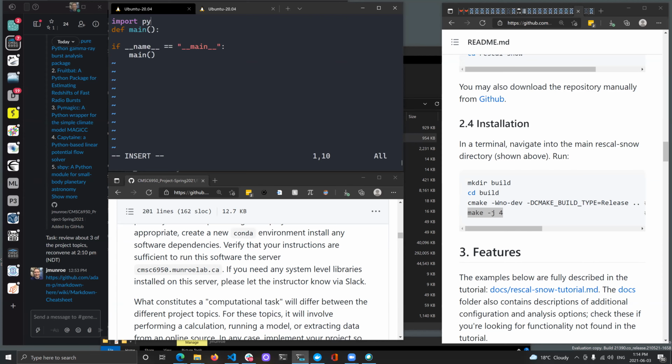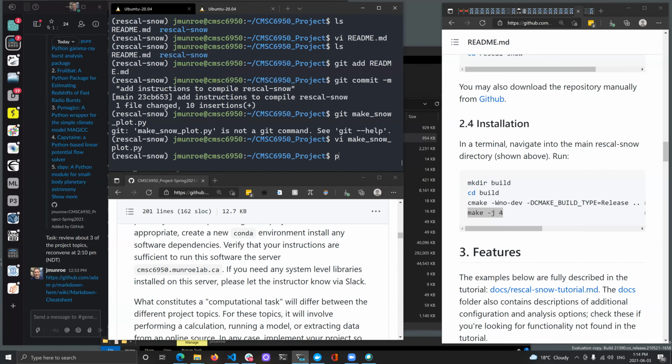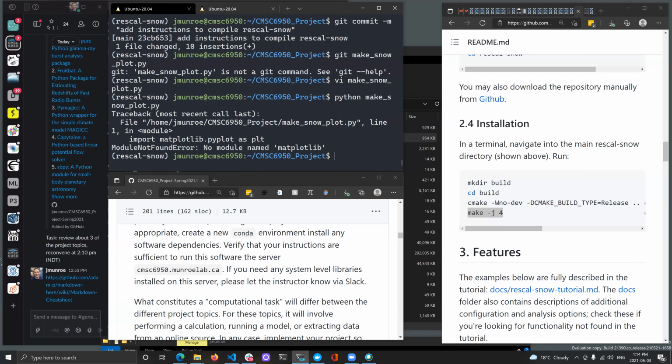Sure, it's going to have import matplotlib.pyplot as plt. Okay, we need that. You know what? It's just going to be a plt.savefig snow plot.pdf. Okay, so there is a script. Oh, there's no module named matplotlib. Okay, so here we go. I have created a little stub file, a dummy program that's just supposed to be a stand-in for making a